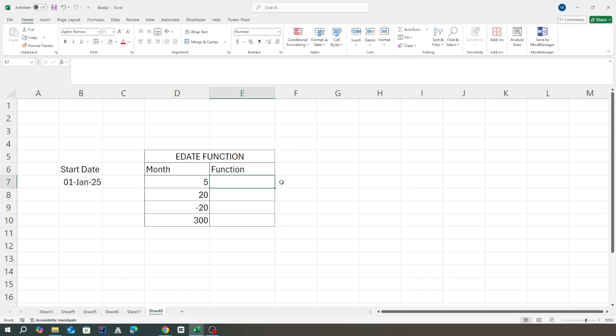So if we try this function, it's pretty simple. We'll start with an equal sign and then we can write EDATE. When it's done, we can open up our parentheses and we have our start date right here. Then after that, we can select month. Our month right here is 5. So just like that, we are going to have a serial number that is associated with the date that has